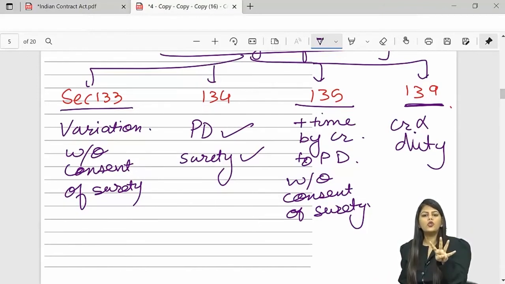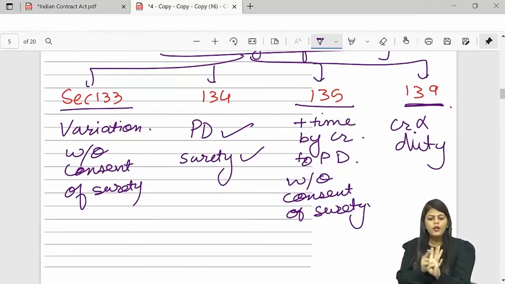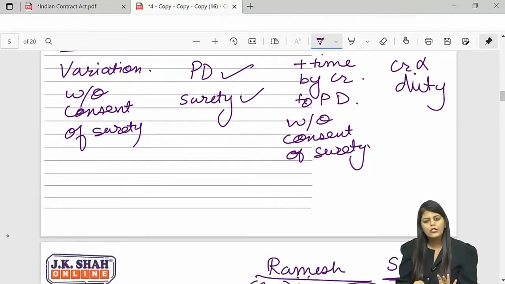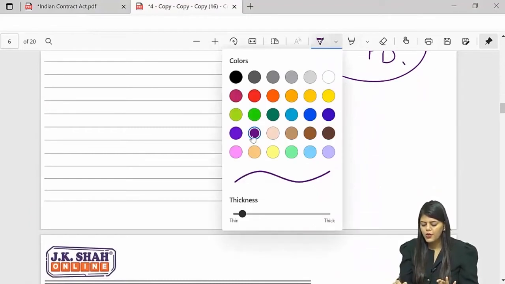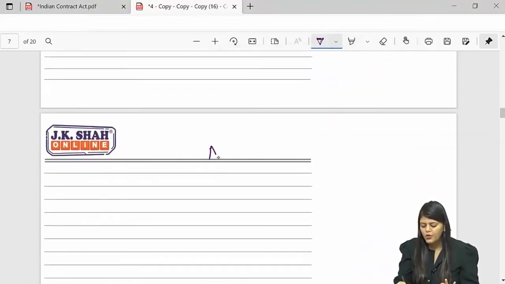So in all four cases, surety is discharged. Variation, PD is discharged, surety is discharged. Extra time given without his consent, and creditor does not do his duty, surety is discharged. The in-between sections which were missing, here they are. They are talking about